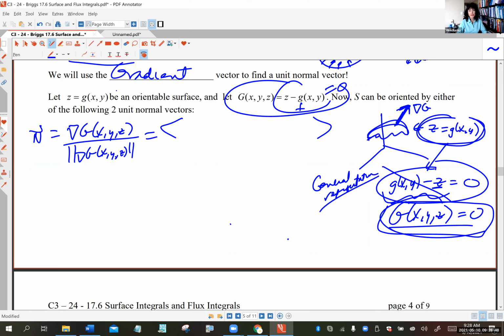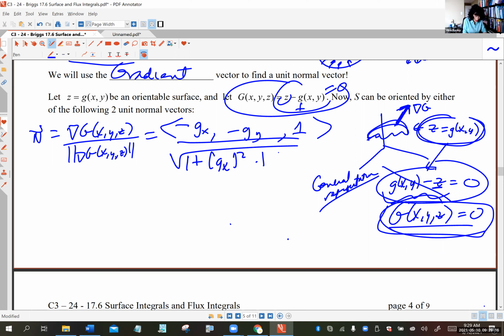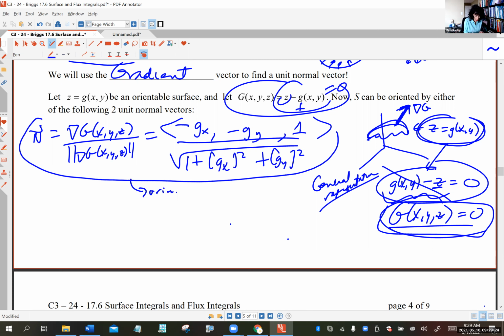If you read my announcement, we're going to determine flux, like the amount of water flowing through your surface, or as I mentioned, kind of tongue-in-cheek, the amount of bananas flowing across your surface. So you're going to have a negative little gx, negative little gy, +1. That's your gz essentially. And you're going to unitize it. So you're going to take the square root of 1 plus gx squared plus gy squared. So this is the unit normal vector oriented upward,